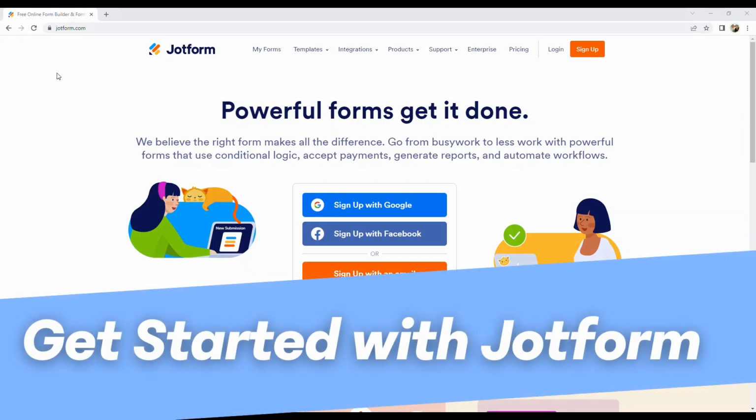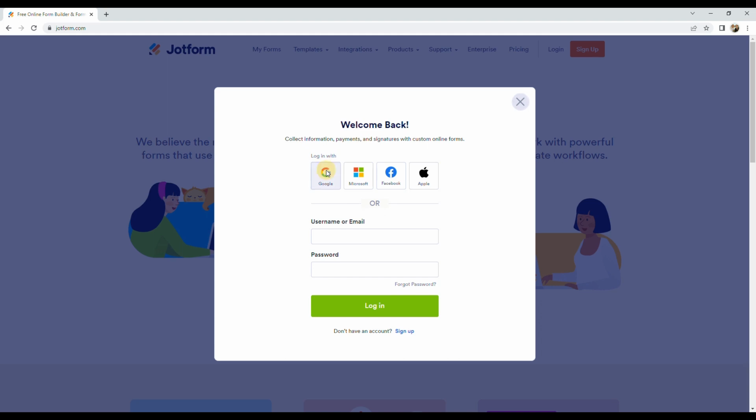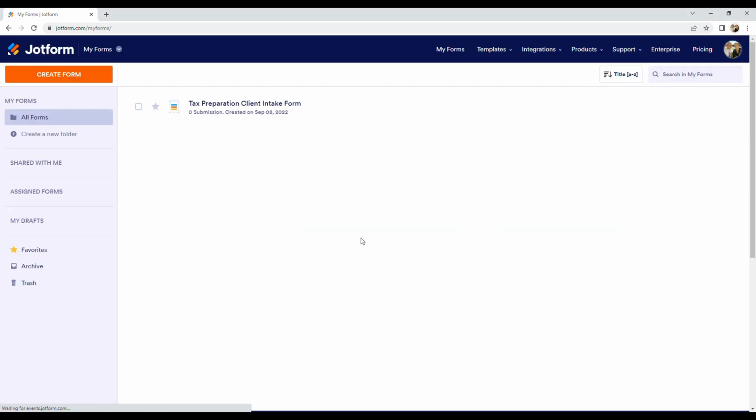So our first step is to navigate over to jotform.com and it's going to ask us to either sign up or sign in if you already have an account. So I already have an account and I'm going to use the login button here. But if you don't, you can sign up with Google, Facebook, or you can just use an email to sign up. It's free. Anything that I'm doing here, there's no paid version of Jotform required. I only have a free account as well. So I'm going to log in with my Google account here,